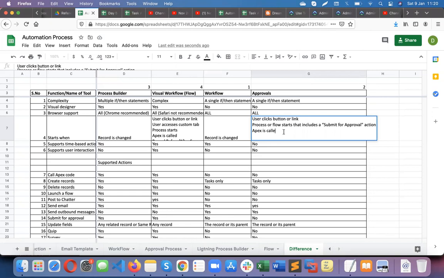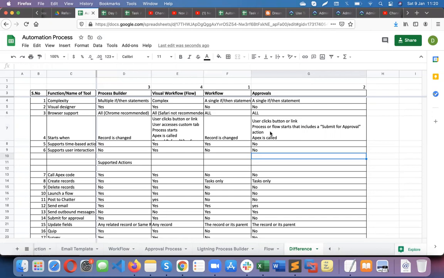Yeah, approval process I meant to say. So in case of rejection, can we call another flow? No, I meant to say in case of rejections, we cannot call another flow. From the process, you can call the approval process. From the process builder or flow, you can submit the approval process automatically.